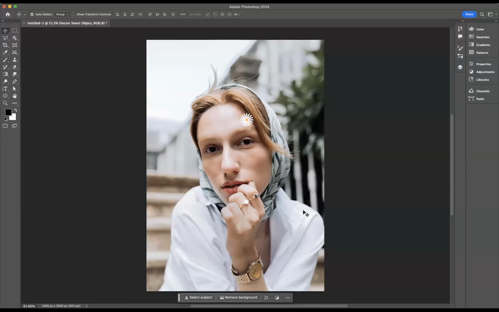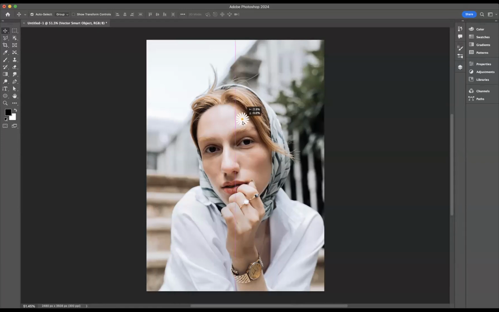What I'd like to do today, guys, is show you how to create a flower spiral effect, a really easy way to make your portraits unique and bespoke to yourself. And I guarantee if you follow the steps today, you'll be able to create some really modern and fresh, innovative pieces of work. So as you can see here, what we have is this image of this lovely lady, and